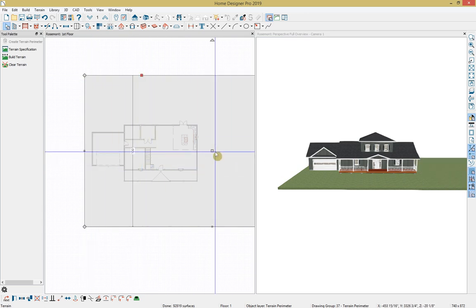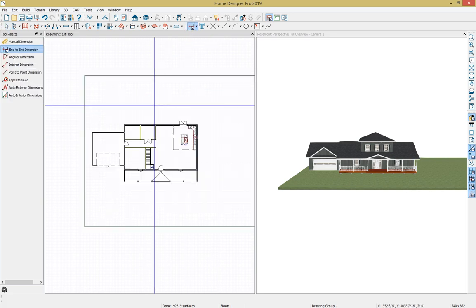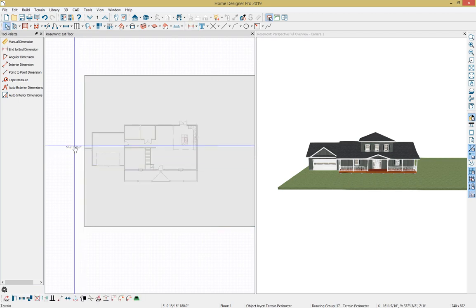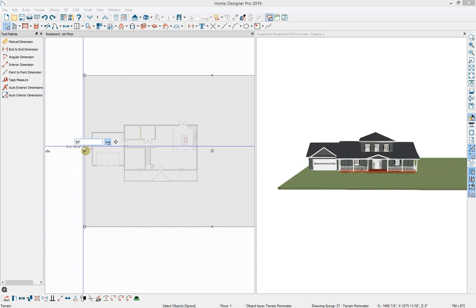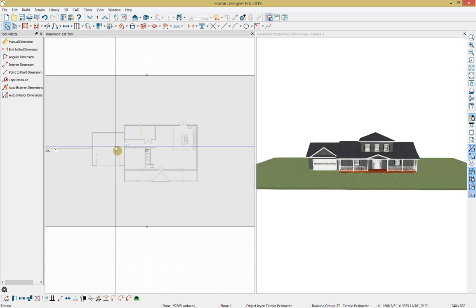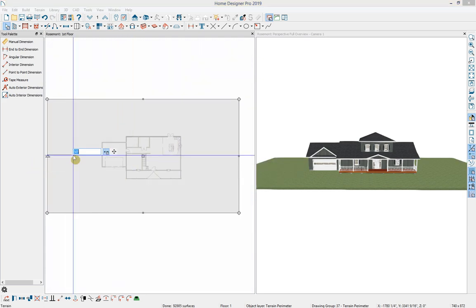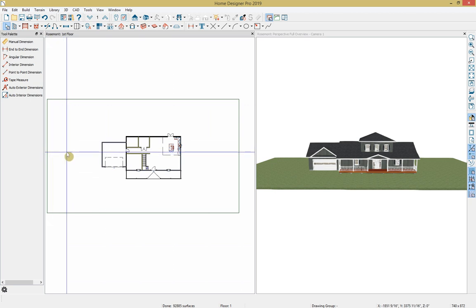And then to move the terrain relative to the house, I'll just add in a dimension line here from the side of the terrain to the side of the house. I'll select my terrain perimeter, select that dimension, and I'll change this to 50 feet. And before I hit enter, I have two different options here. So I can move both ends of the terrain to make that 50 feet. That'll actually resize it, and since I've already dimensioned it out, I'm going to select this move entire object to move the full object and shift it to the left 50 feet. Then I'll hit enter and move that,